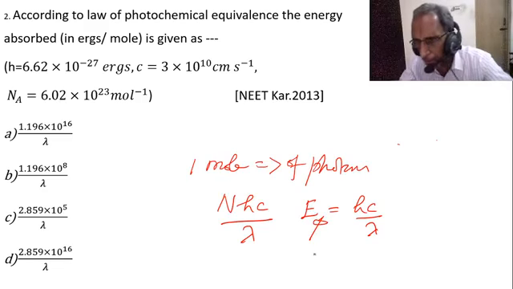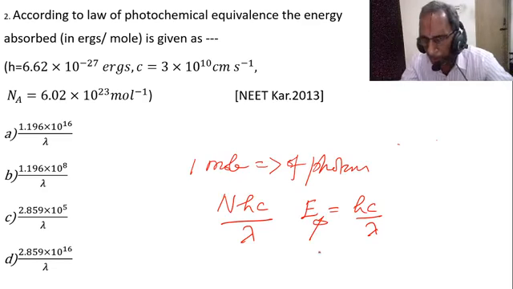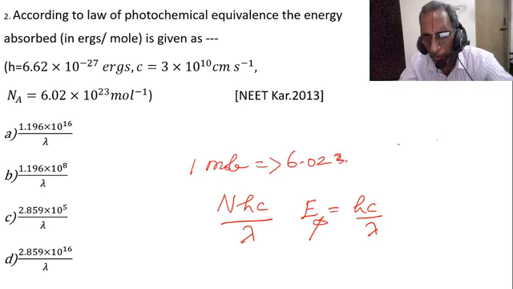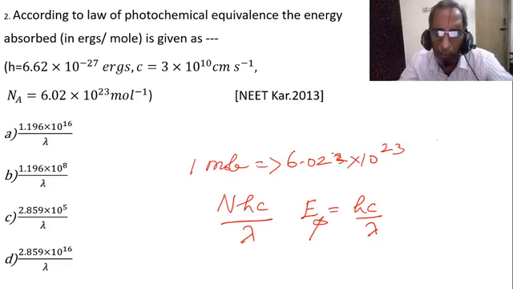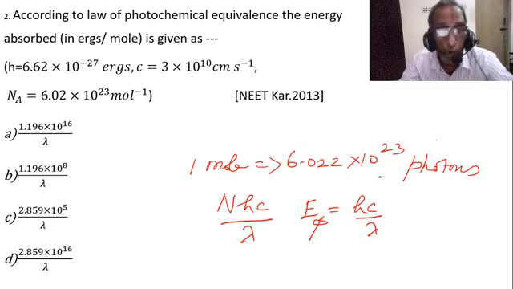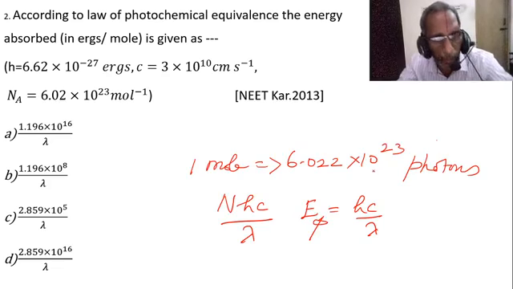But Kanishka, everybody, state board, whatever be the case, the first chapter we have studied is about the mole. 1 mole of any substance contains Avogadro number, 6.022 into 10 power 23 particles. Here photon is considered as the smallest light energy particle. It is not actually a particle. So 1 mole means 6.022 into 10 power 23 photons. That is why Avogadro number is given.